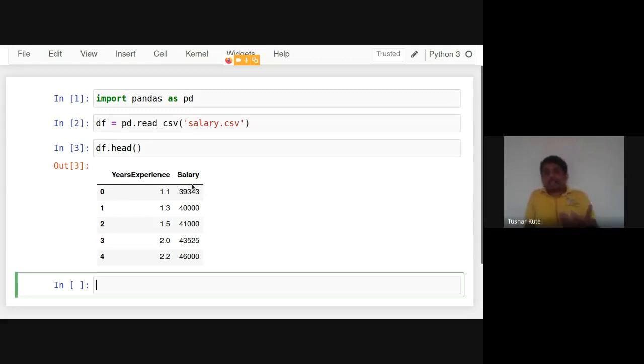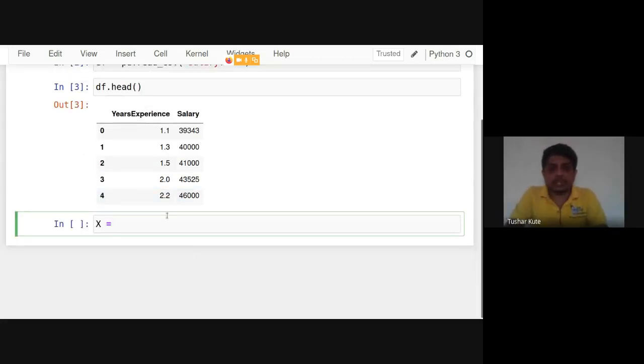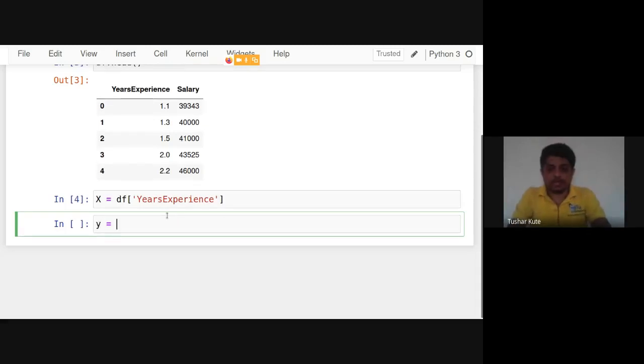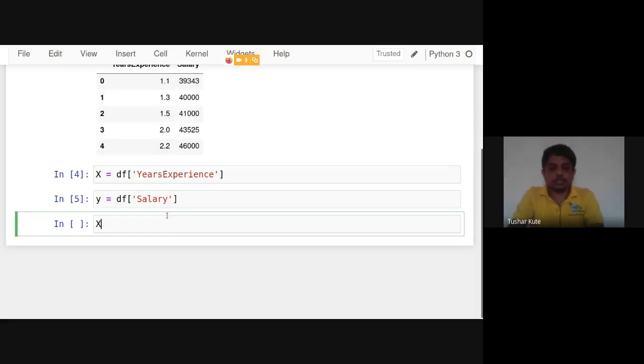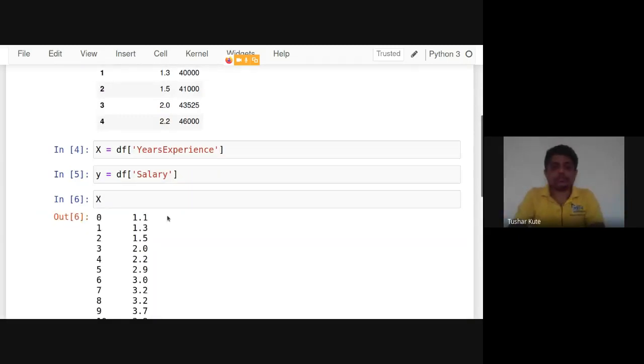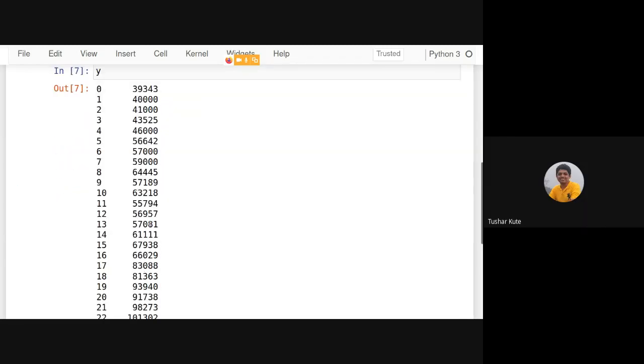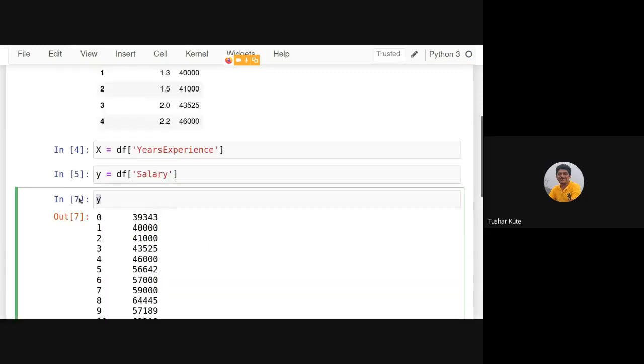Now, whenever any kind of data model that we are going to create, a regression based model or a classification based model, we have to provide the data in input and output fashion separately. So I need to separate that data. What I'll do, in X I will take the data of experience, and in Y I'll take the data of salary. See this. If you check this, see the X like this, and then the Y like this. Okay, so they are separated.